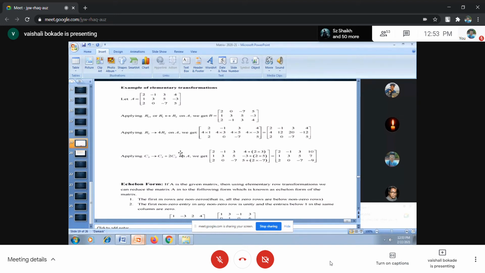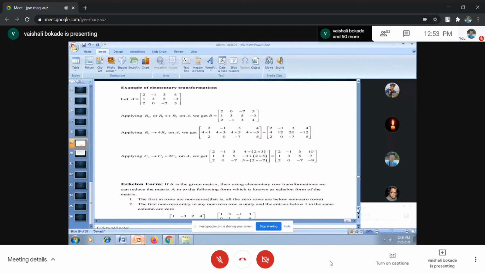So I multiply a scalar 2 by column C2 and then add 2 into C2 to column C3. These types of column or row transformations we went for previously. The similar types of row and column transformations I am now using for searching the rank of a matrix. A very important example, rank of matrix. Again, I am telling you, this example will be asked. Definitely a 6 to 8 marks question will be there.